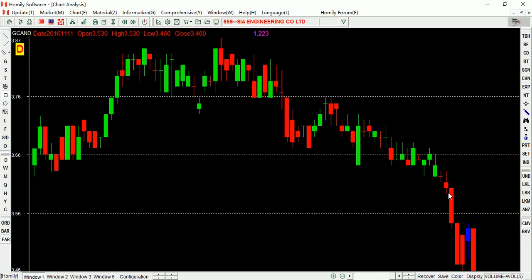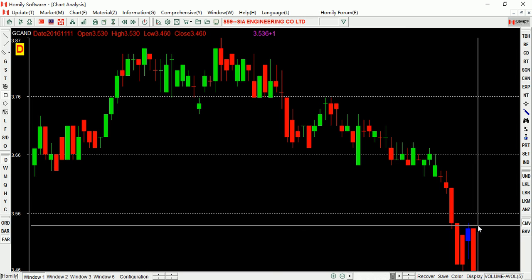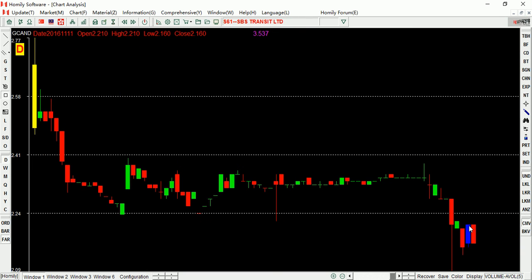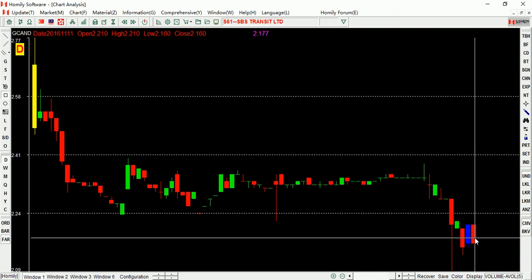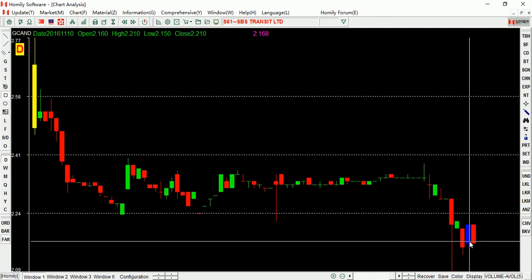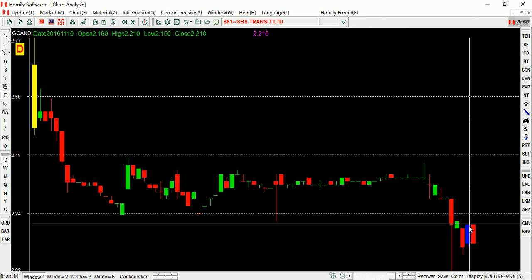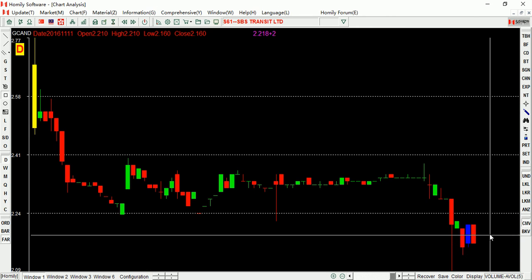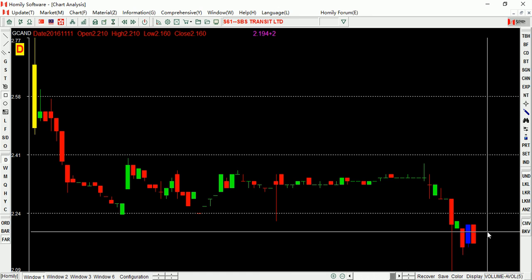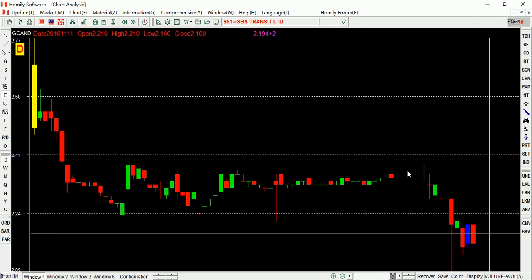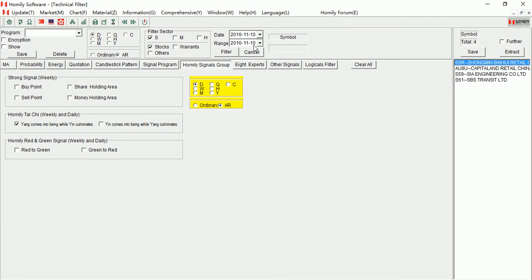This one can buy or not? Still cannot, right? Because the closing price is lower than the blue candlestick, so we still cannot buy. So here, buy or not? Closing price is lower than this one, so we need to wait and see, okay? But if you see the price can upward break through the blue candlestick, maybe you can buy, okay? So this is the method.